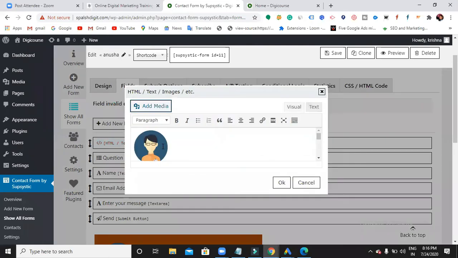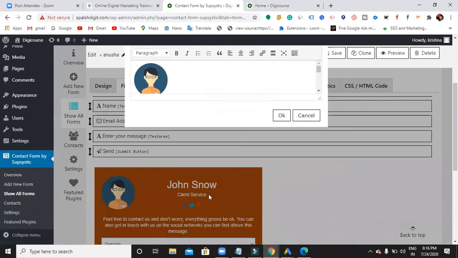See, click this. So you can see an image. So where you can see this image? Can you see this boy? Okay, so this is the image, Jon Snow. So if you want, you can just edit it. Okay, so if you want, you can delete the things.